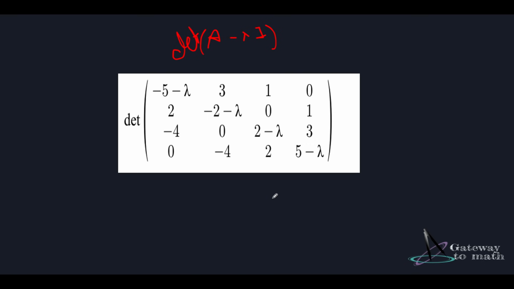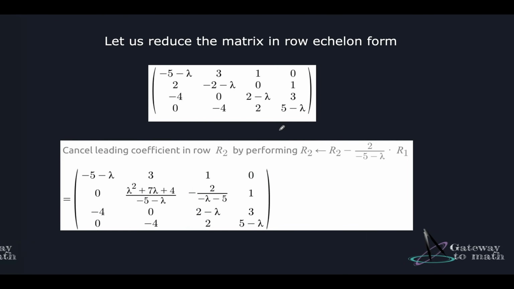types, sorry about that. The first one was with minors and cofactors. The second one was reducing the matrix in row echelon form or row reduced echelon form and then solving it, correct? So in this session, we will be focusing only on row echelon form and row reduced echelon form methods again. So let's start. Let's find the determinant of this matrix.